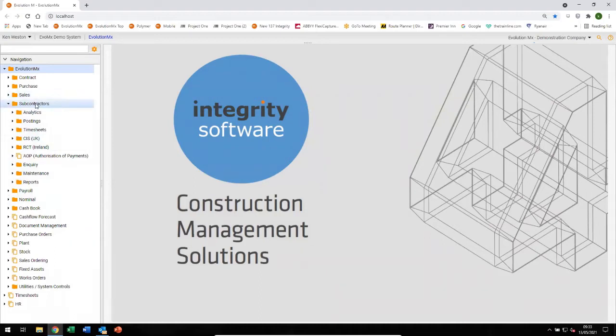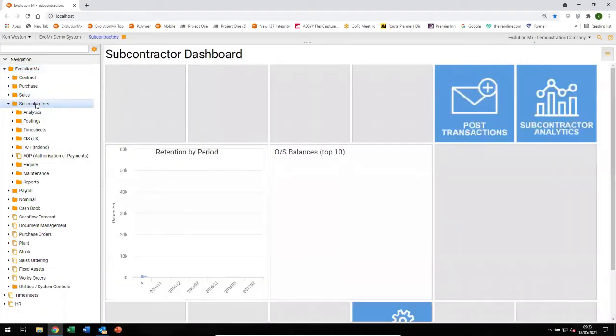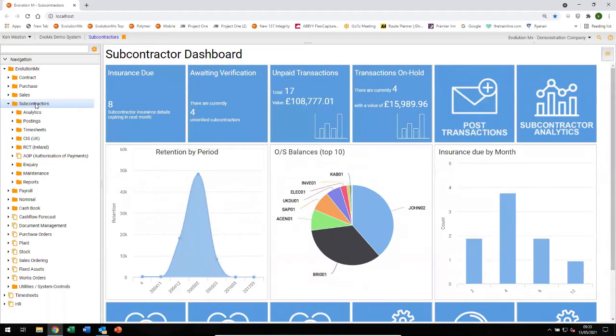As well as the menu access, some people prefer the use of dashboards because they give quite a great visual overview of where you are in a particular area. So I've got a dashboard here which I've constructed, and they are freely constructed by you as individuals, or we can do those for you as part of any implementation, to contain the different aspects or areas that are of